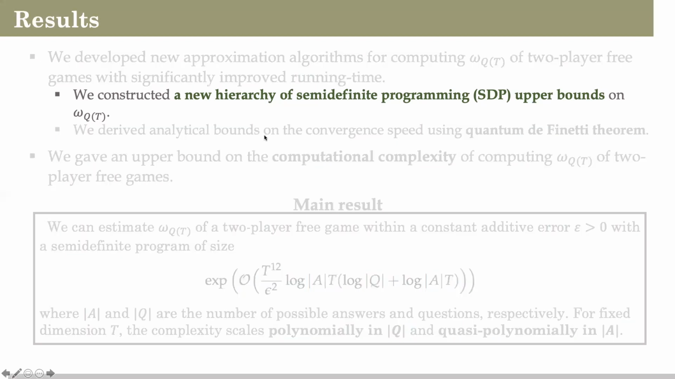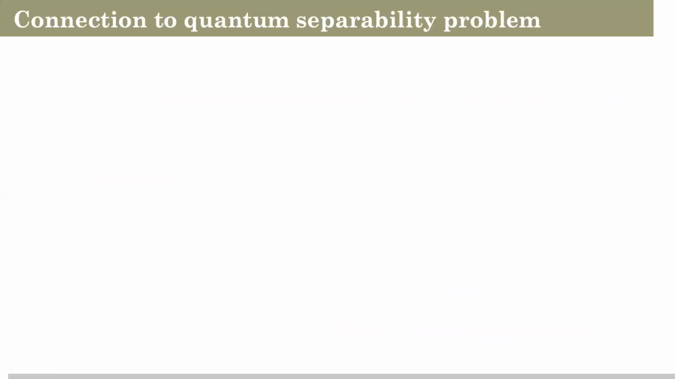Firstly, I would like to talk about how we constructed this new SDP hierarchy. We did it by drawing a connection to a variant of the quantum separability problem. Quantum separability problems are a special type of optimization problem in which the optimization is taken over all quantum separable states. So how did we connect omega qt to this quantum separability problem? First,